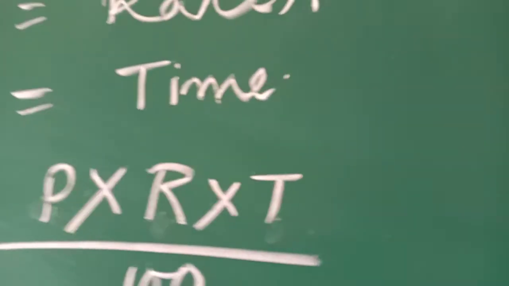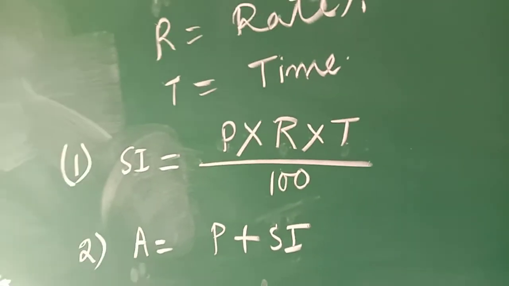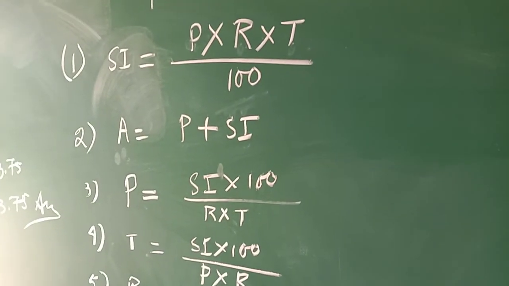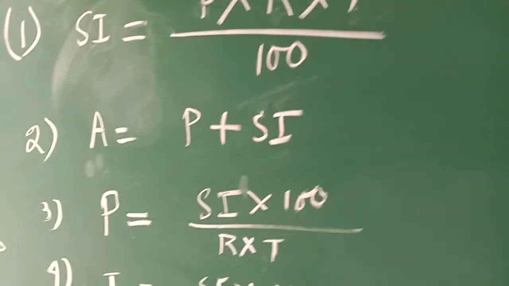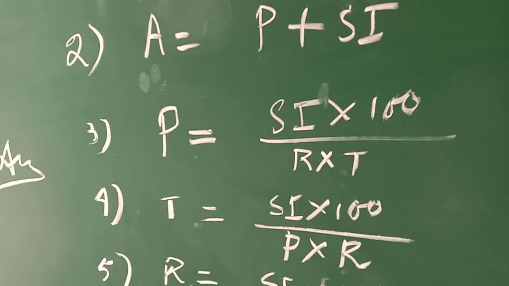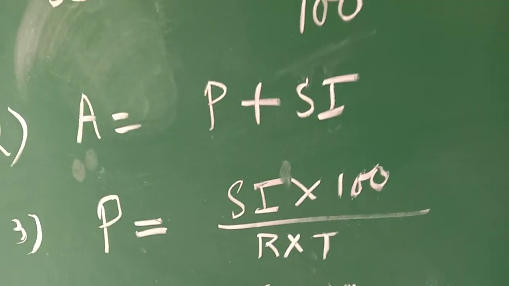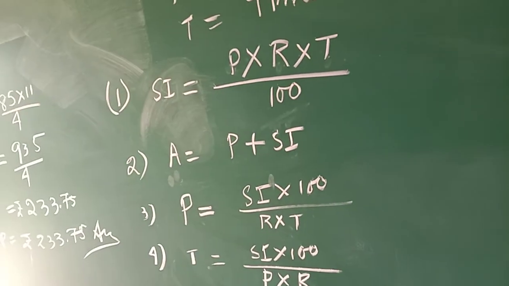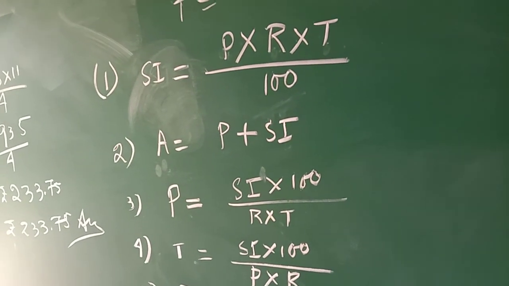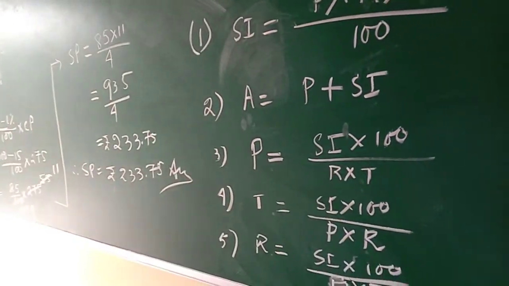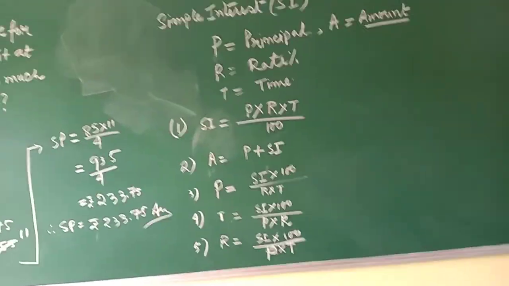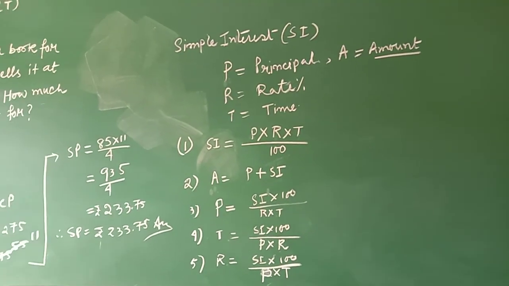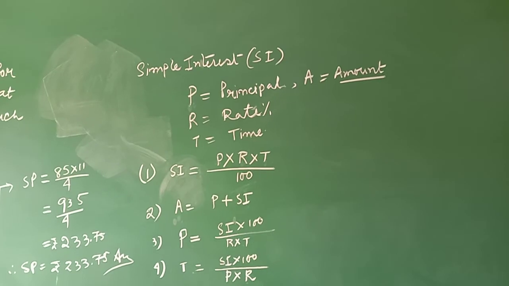Because this formula is derived from the concept of simple equation. But if it is tough for you, do not go for that derivation of this formula. Just read this formula once, twice or thrice and try to understand it. I will show this picture from the distance. Can you see it? I hope all of you understand. Thank you, students.